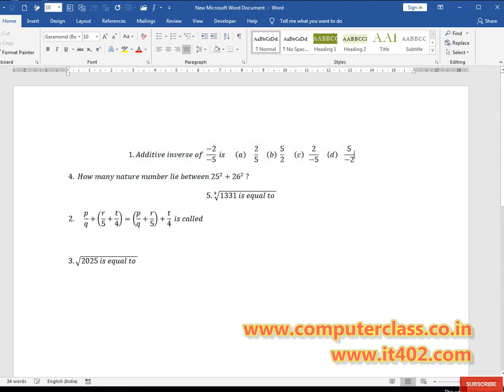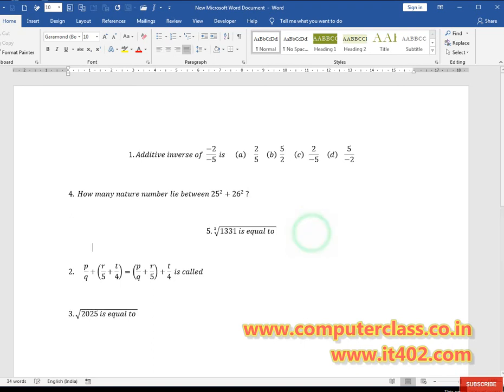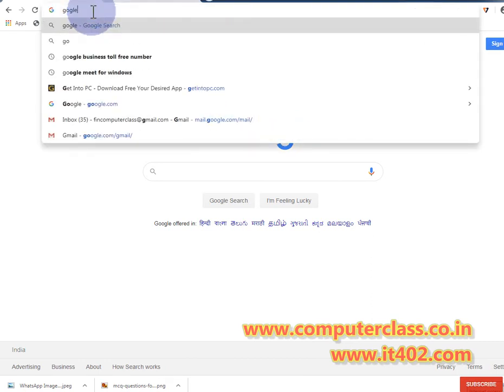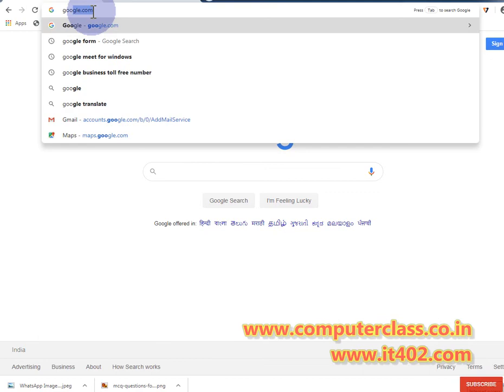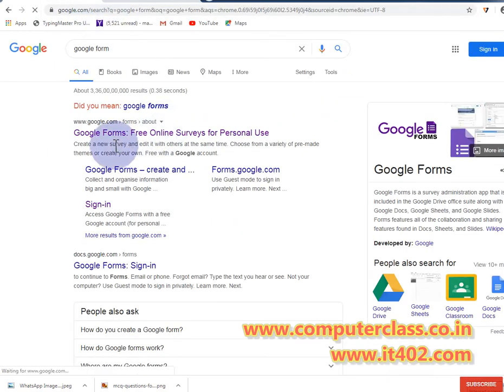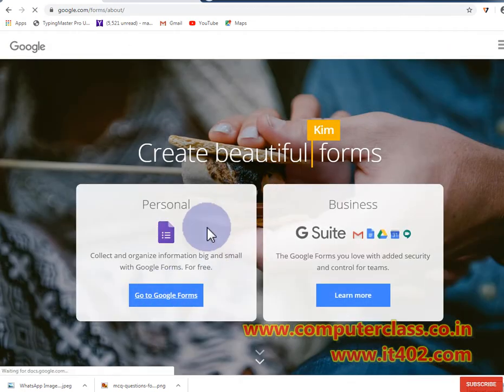Now we will do this work in Google Form. So let's come to Google Form. Open your Chrome and write directly Google Form. Click on the first option, go to Google Form.